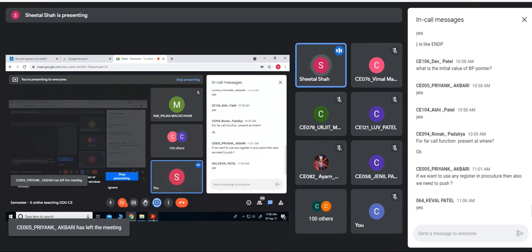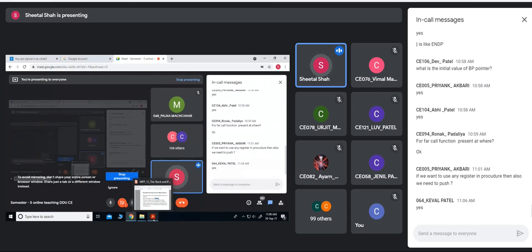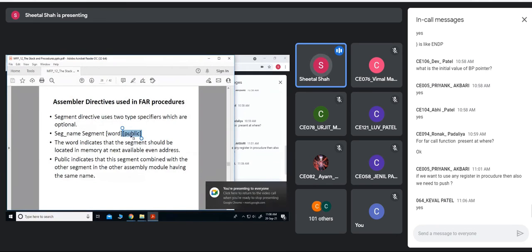Two programs can be combined together if they have the same segment name, provided we write the type specifier as PUBLIC.